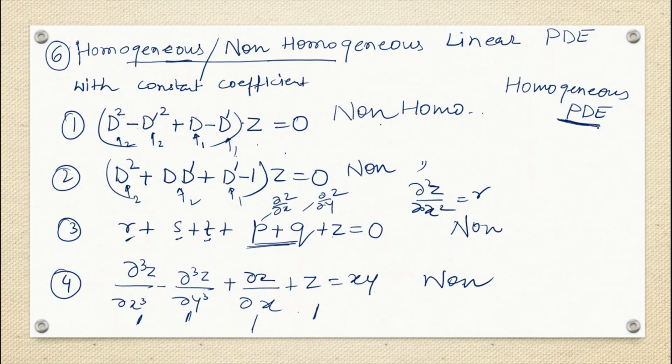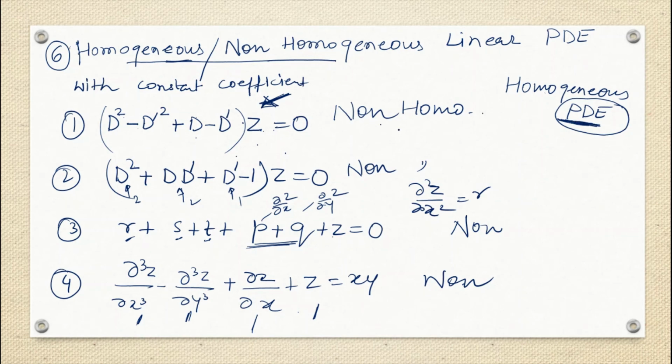That means if I am writing down a general partial differential equation and just checking whether it is homogeneous or non-homogeneous, then I have to check whether each and every term of the partial differential equation has either the dependent variable or its partial derivative. So in that case you will say this equation should be homogeneous, correct? No, because in each and every term on the left hand side you find a partial derivative. That means it should be homogeneous.